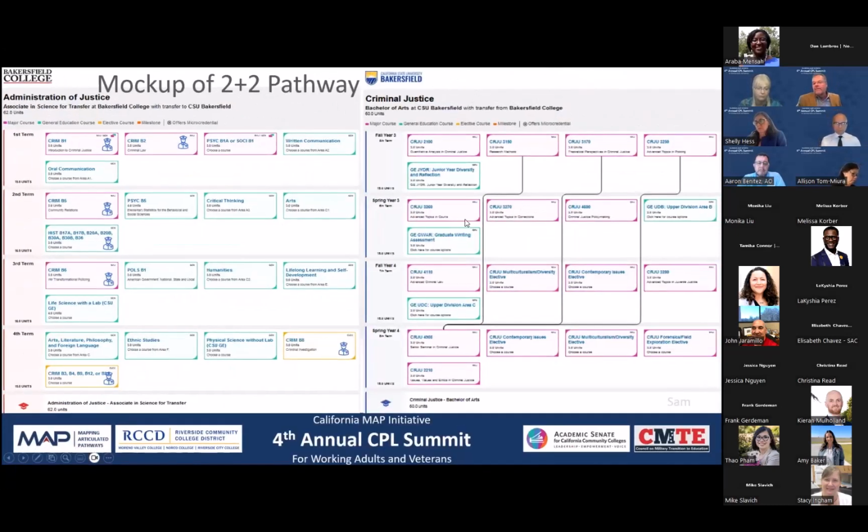And then we want to have that feed right into the CSU partner. And we've discussed this in initial form with our CSU partners. And this is a long range goal. This is also similar to what I touched on with the discussion with Skyline College and CSU East Bay, where they are working to identify their post credits. Thank you, Dr. Williams and group, for those post credits into their ADT in Administration of Justice, and then